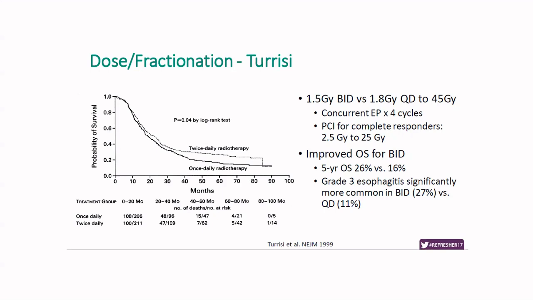45 gray in BID fractionation, or twice a day, was the established standard. CONVERT was a trial that looked at the dose and fractionation differences on a non-inferiority basis between 45 gray BID and conventionally fractionated regimens, so daily treatment over about 6 to 6.5 weeks. It was found to be non-inferior, and I think a lot of patients had a lot more ease, both in